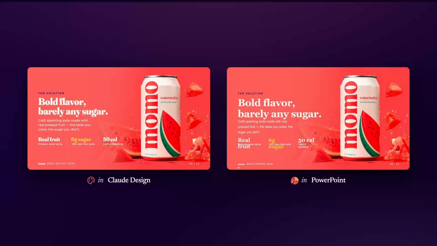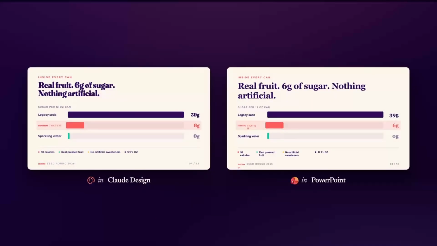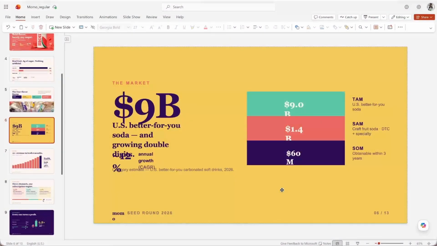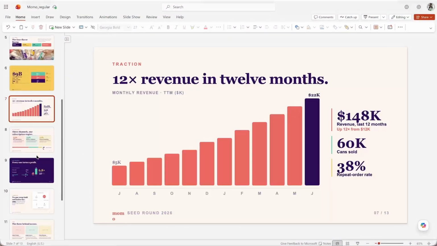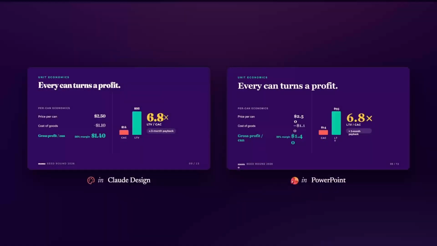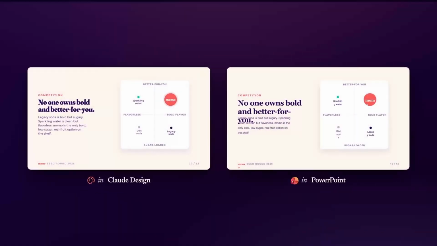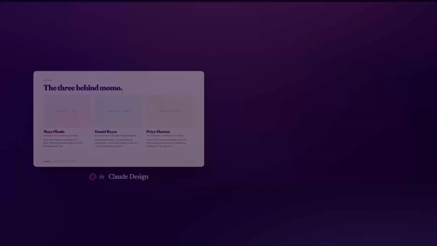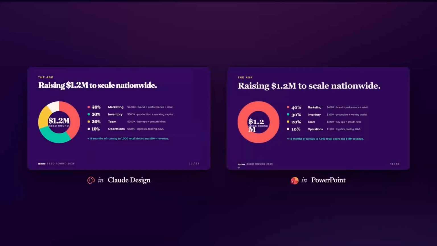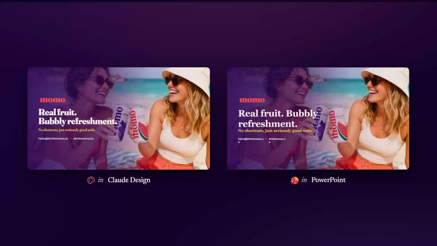Like here and there, we have tags that didn't fit or are just a bit broken. There are these kinds of issues on multiple slides. This chart broke down as a whole. This one is looking decent. Some problems with spacing and some issues with the text being overlapped or not fitting. Another chart is broken. I would say you need to stick to simple charts and then they'll be greatly exported